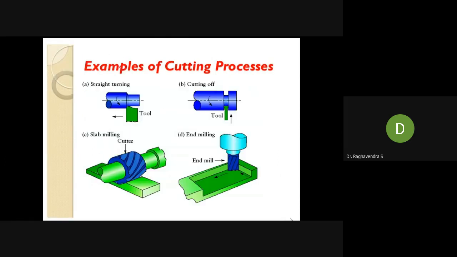You can see the example, straight turning, this can be done. All these are examples where you can do the machining process, where we do the turning operation on the lathe and making slots, which you can also perform on the lathe machine. And the milling cutter will be there to make the surface finish straight. If you want to make a straight surface, this is the horizontal and vertical milling machine. If you want to make a slot, bucket kind of thing, you can do that. Something like a square section, rectangular section, all this, you can remove the material using this kind of tools.